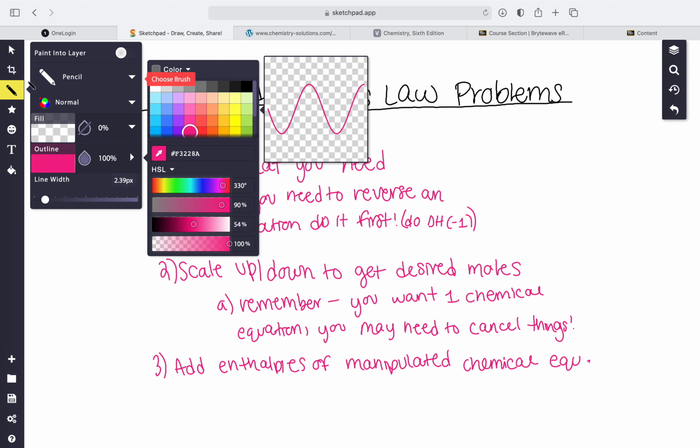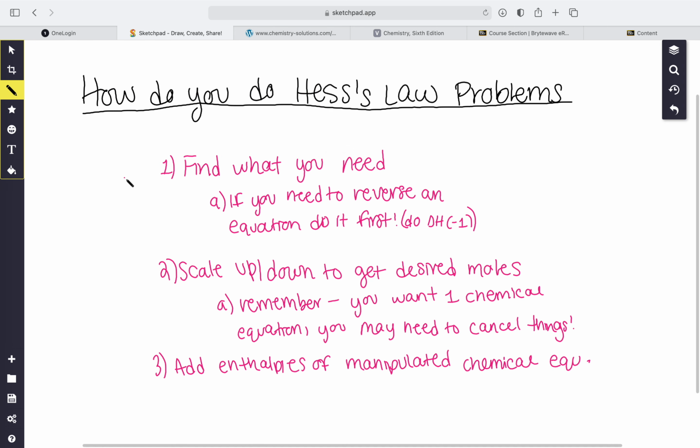So just to outline what I like to do with the Hess's law problems. With Hess's law, there are different ways that you can go about them and you can get the same results. But what I personally like to do is find what I need, right? So when my question is find me the enthalpy of this equation, I'm like, okay, cool. I'm going to need this thing, this thing, and this thing. All right, what can I do to make that happen? Do I have to reverse something? So you may have to reverse it. You may also have to